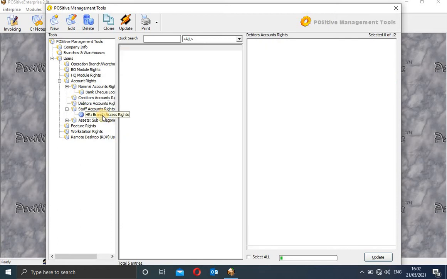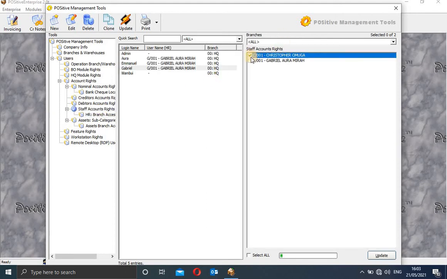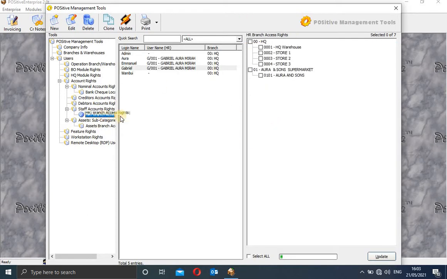So of course, with the branch, including the HR, first thing, the HR is supposed to have rights of all the branches. So he has to be given rights here. And then of course, after that, he has to be given rights to specific staff. So like all the staff, he has to be able to access them. So there are two rights here, there are staff rights and the branch access rights of the HR. So here you just come and then you select all. If the HR is supposed to access all the branches, you just select all and you give him those rights there.